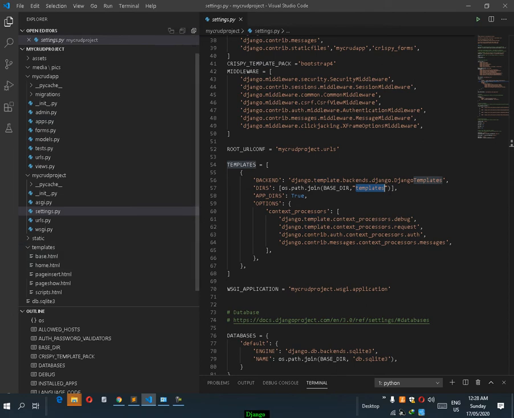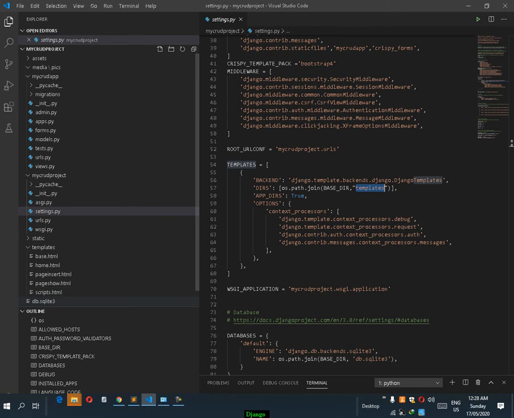Templates you need to create, just click the new folder button, and it will help you create the folder called templates. So under templates, you need to keep all the HTML files such as base.html, home.html, insert page, show, and all the JavaScript files should reside